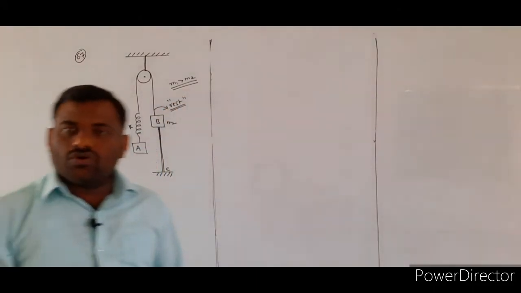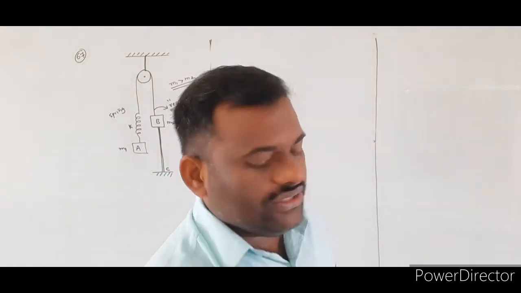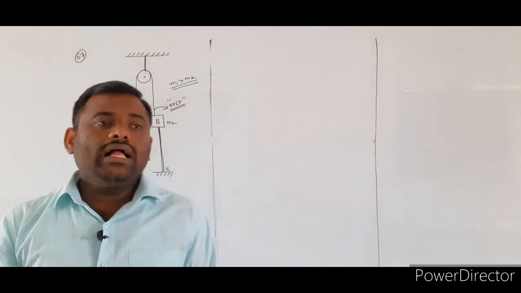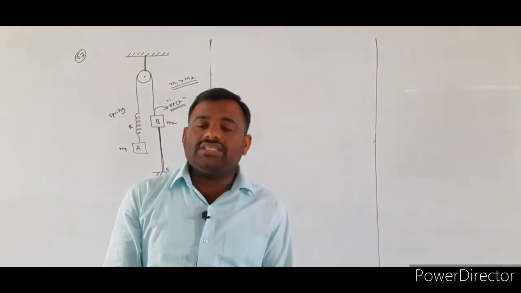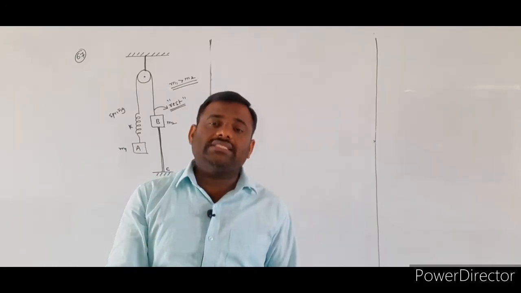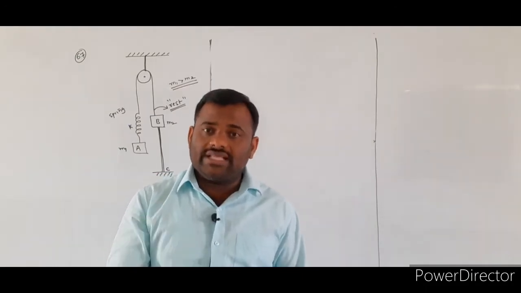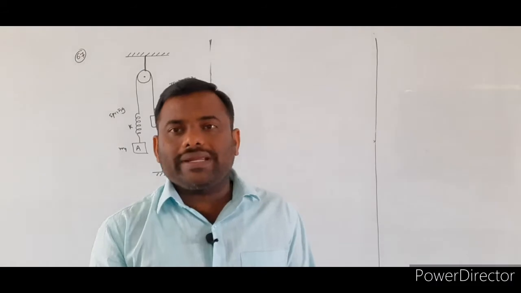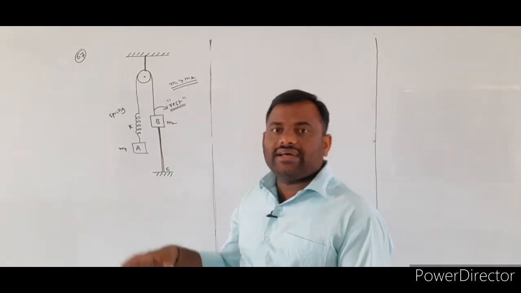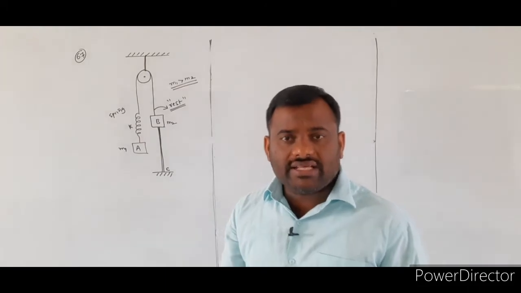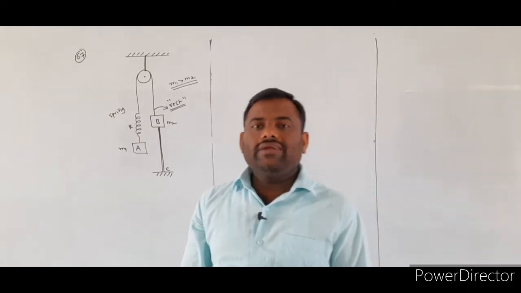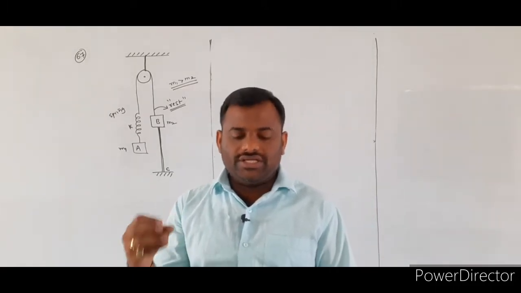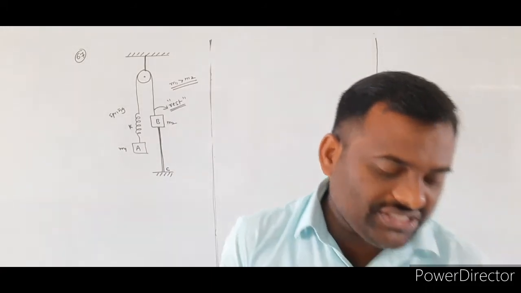So before going to solve these numericals, let us once recall Newton's first law, or the concept of inertia. What is the concept of inertia? The body which is initially in the state of rest will try to remain in the state of rest until and unless an external force acts. So due to the property of inertia, the body which is in the state of rest will try to stay at rest. Whenever the body is in uniform motion, it will try to stay in uniform motion due to the property of inertia.